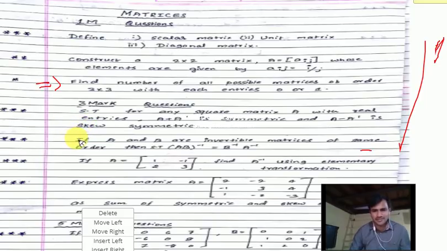3 mark questions may sometimes be on using elementary operations to find the inverse of the given matrix, or they may give 1 or 2 theorems. The 2 theorems I have mentioned here are those theorems. So I think you can score these marks. Then after this,